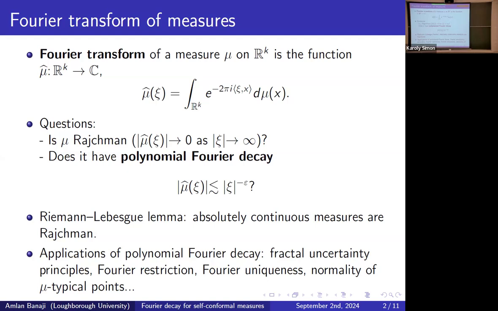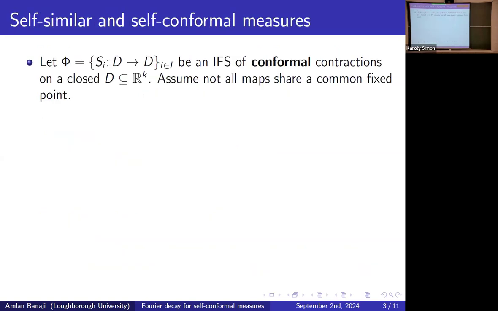So for the rest of the talk, I'd like to forget about the applications and explain what is known about Fourier decay of various classes of fractal measures. So I'll mainly be working with self-similar and self-conformal measures. So let's suppose that we have an iterated function system of conformal contracting maps on some closed subset D of R^k. So by conformal, we mean that the maps locally look like similarity maps, but globally they might have a more interesting structure. And we'll always assume that not all of our maps share a common fixed point to remove